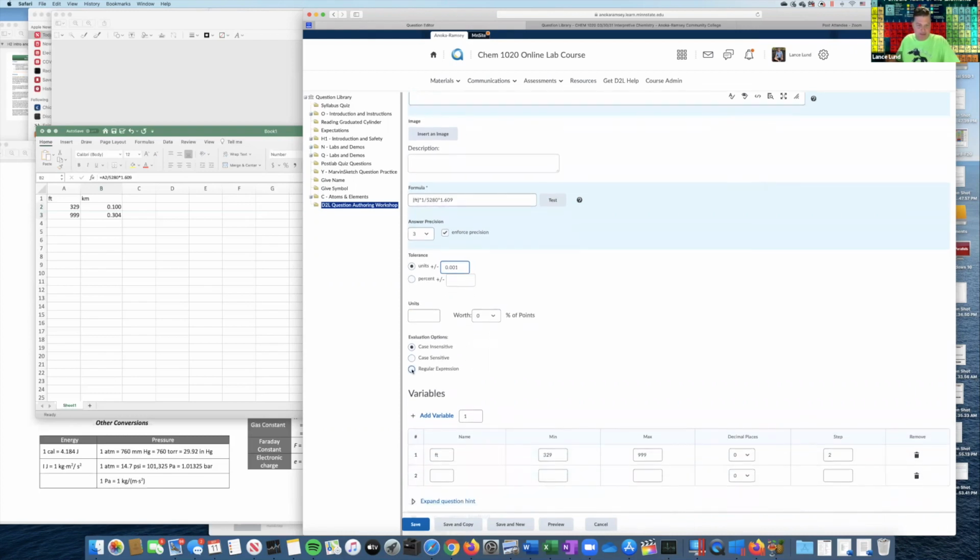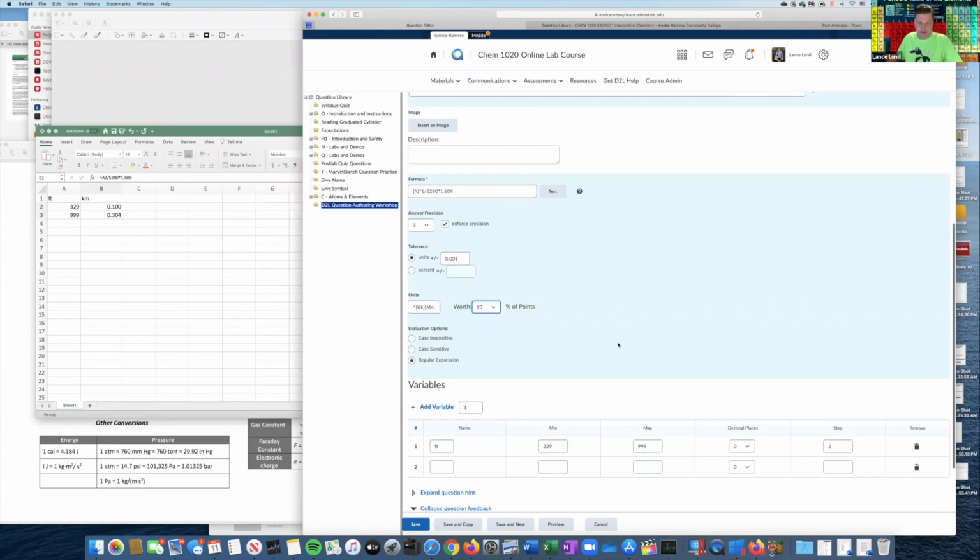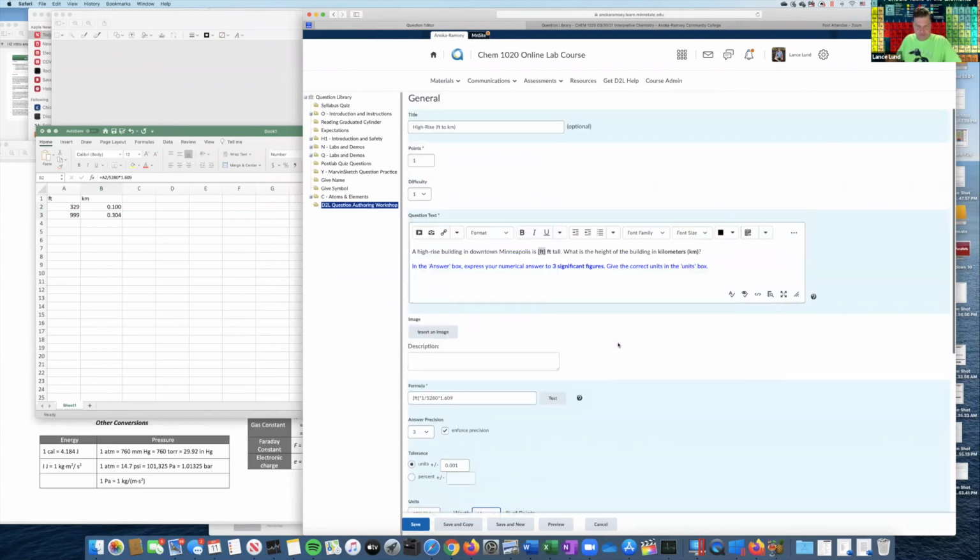And then my regular expression, I'm going to paste in here. And we'll make that worth 10% of the value. Now, what I've always done, because look, no matter how much you tell students that they should pay attention to